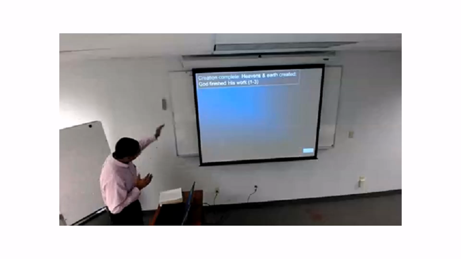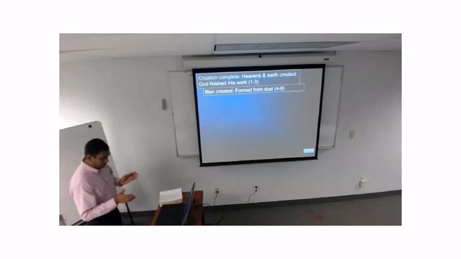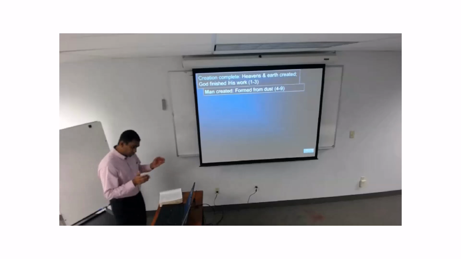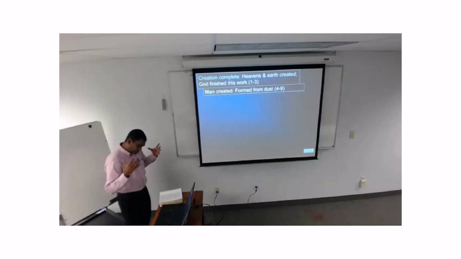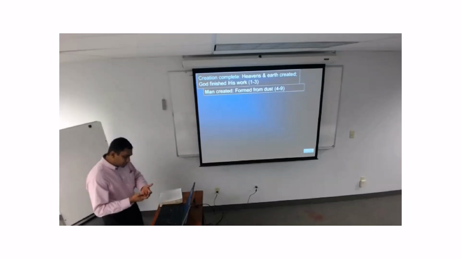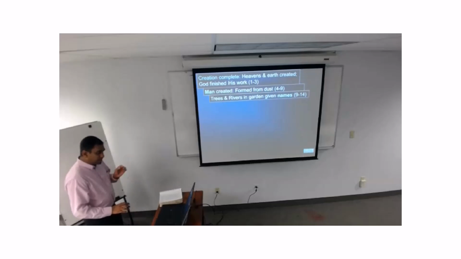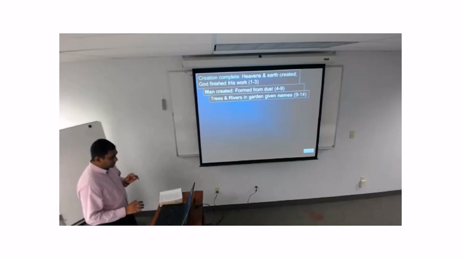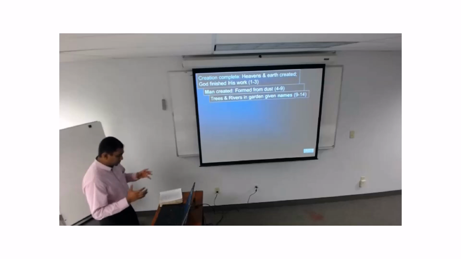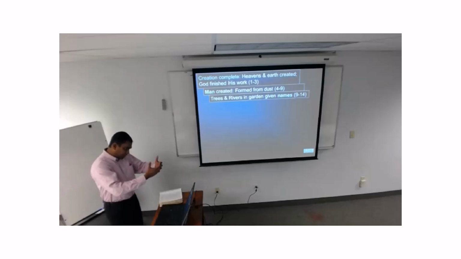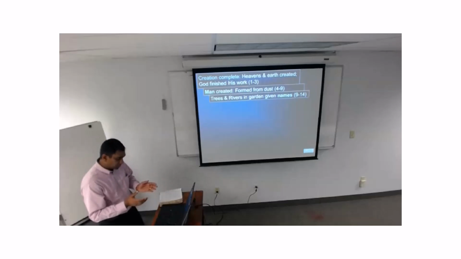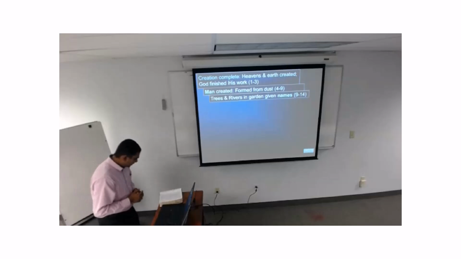So you have heaven and earth created, and God finished his work, and that's the first 3 verses. And then in verses 4 to 9, you can see there's 5 verses all talking about the creation of man, and more explicitly how he was created, taken from the dust, breathed in. And then the third element you see, verses 9 to 16, you have the trees and rivers in the garden, which are given names. So here is, obviously, the garden itself has a location, and the location you can guess by the name of the rivers that surround it.